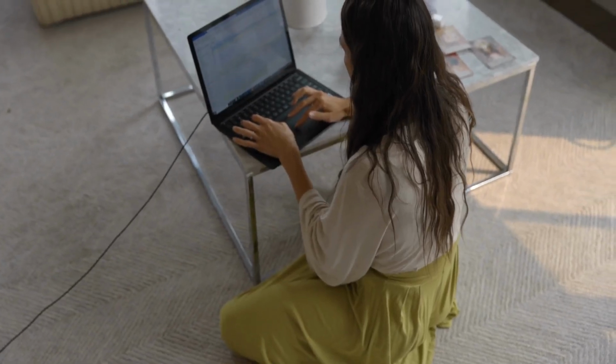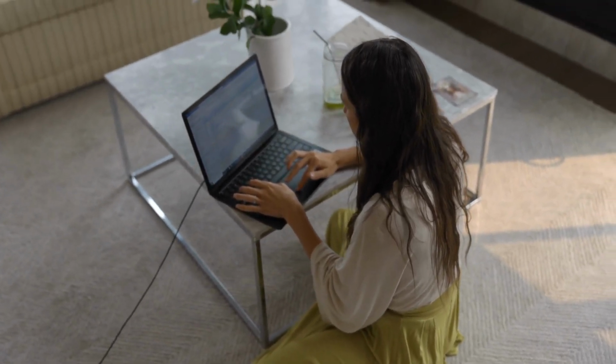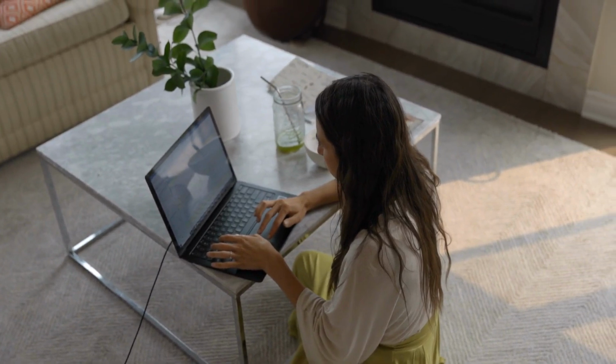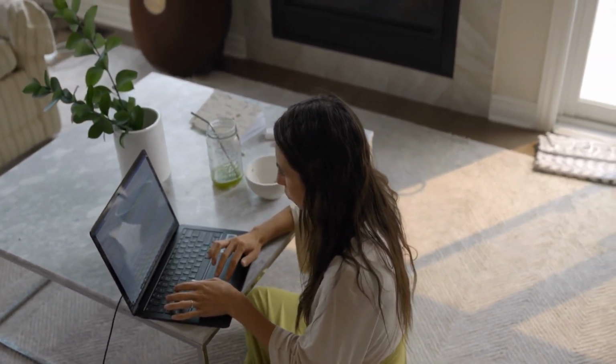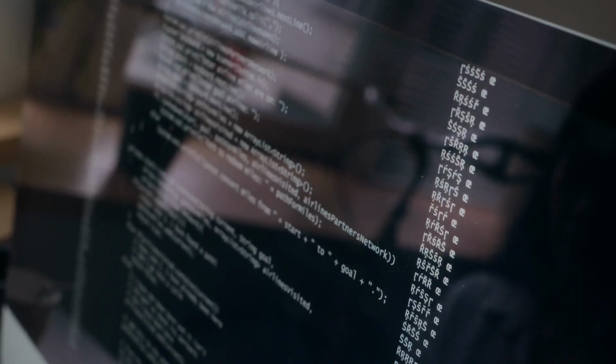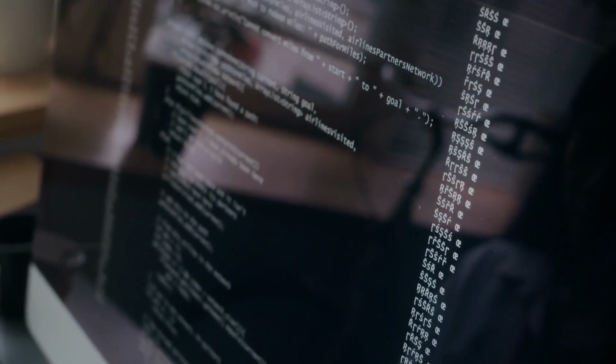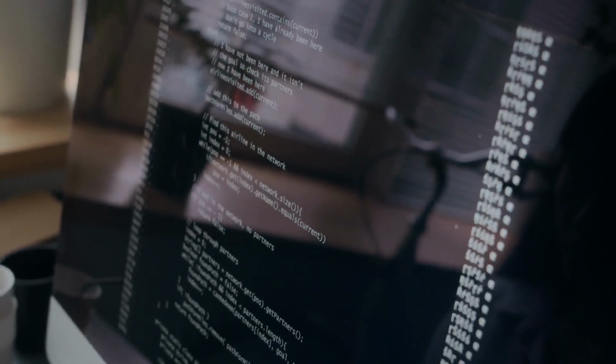Hey everyone, today I want to show you how I transform my long-form content into a month's worth of social media clips without losing my mind in the editing bay. These edits aren't magic, they are the result of using an AI tool that handles everything from clip selection to scheduling. In this video, I will walk you through my exact process for taking raw footage and turning it into